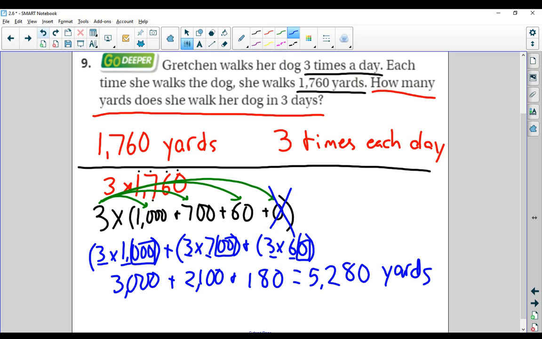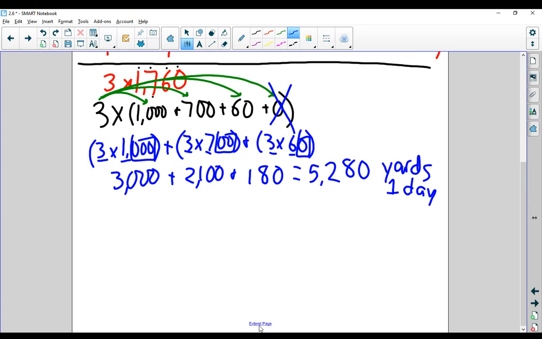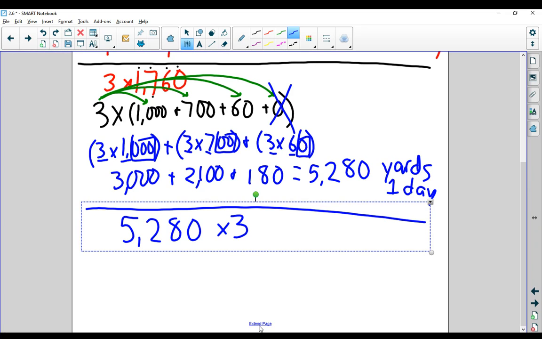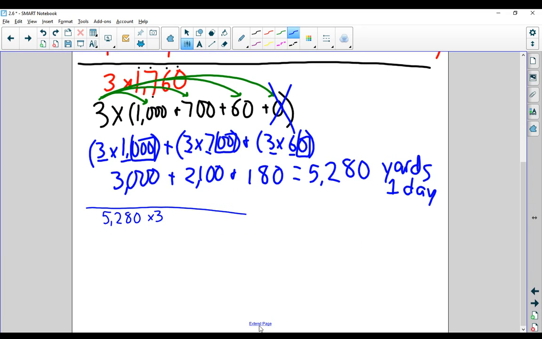But that's not what the question is asking you. The question is asking us how many will be in 3 days. So now we have to solve the second step, which is 5,280 times 3. And since multiplication is commutative, I'm going to rewrite that the other way. It doesn't matter the order in which you have your factors. So I'm going to write 3 times